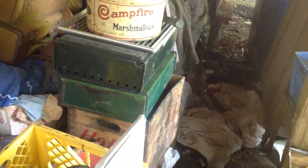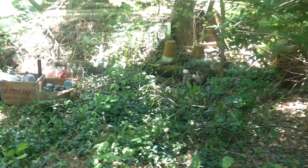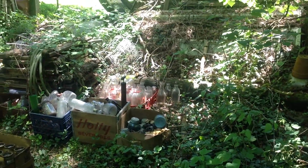And a lot of times he just hides it. He puts the bad stuff on top, and then the good stuff he puts in crates and hides: milk, masons, insulators, stuff like that. Here is my sister walking ahead of us. More milk bottles,